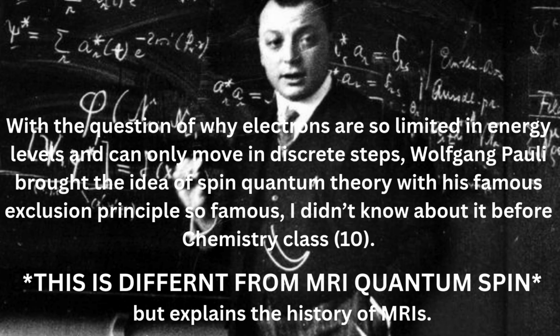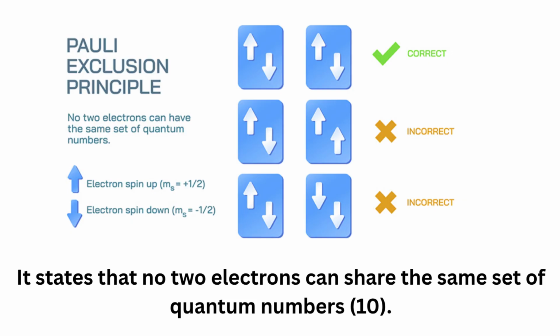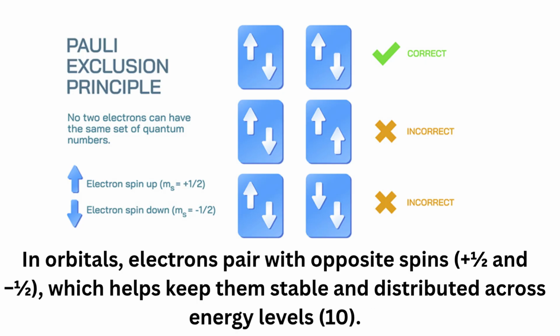With the question of why electrons are so limited in energy levels and can only move in discrete steps, Wolfgang Pauli brought the idea of spin quantum theory with his famous exclusion principle, so famous, I didn't know about it before chemistry class. The Pauli exclusion principle explains how electrons are arranged in atoms and why they don't all collapse into the lowest energy level. It states that no 2 electrons can share the same set of quantum numbers. In orbitals, electrons pair with opposite spins, plus a half and minus a half, which helps keep them stable and